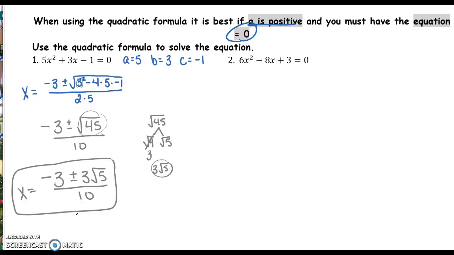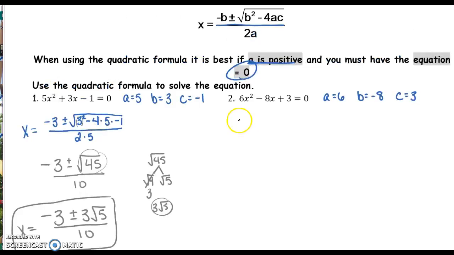All right, number 2. Our a value is 6, our b value is negative 8, and our c value is 3. I would like you to pause the video and try to put this in the quadratic formula by yourself, and then play the video and we'll see how you did. So according to the formula,